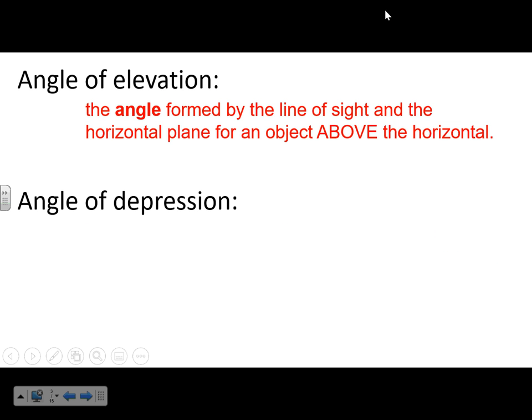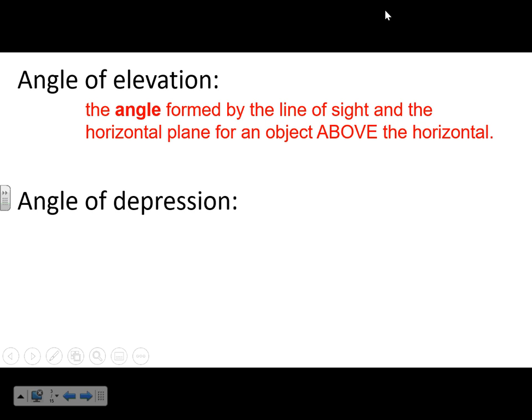The angle of elevation is the angle formed by a line of sight in the horizontal plane for an object above the horizontal. So if you are looking up at a plane, when you're looking straight, and then you look up at the plane, that angle that you move your neck, that is the angle